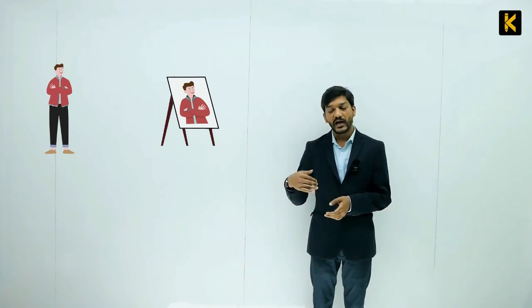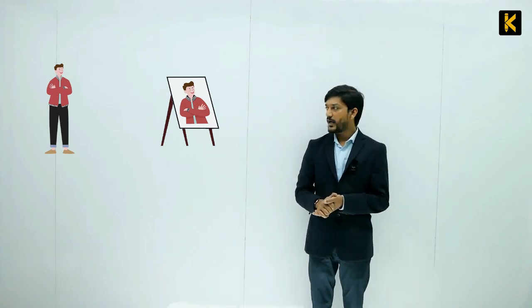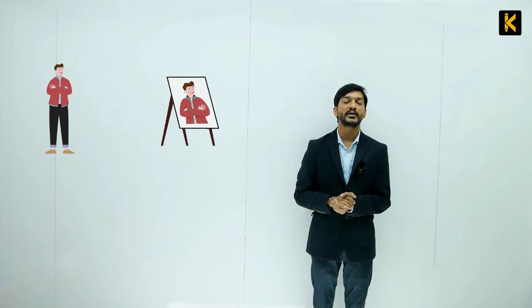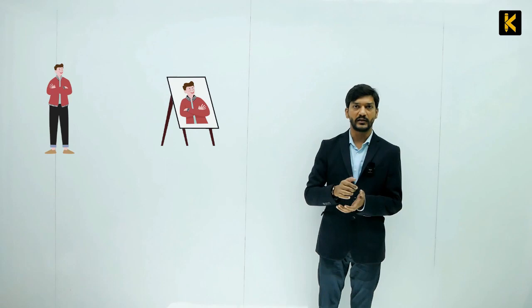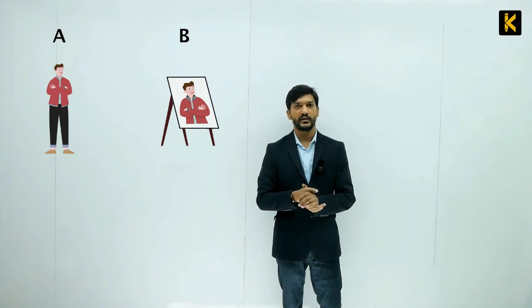And the man who is standing and looking at the painting is man number 1. And still, again, to avoid any other confusion, let me represent man 1 with the letter A and man 2 with the letter B. Okay. So B is on the painting and A is the man who is standing and looking at the painting. Okay. Now,